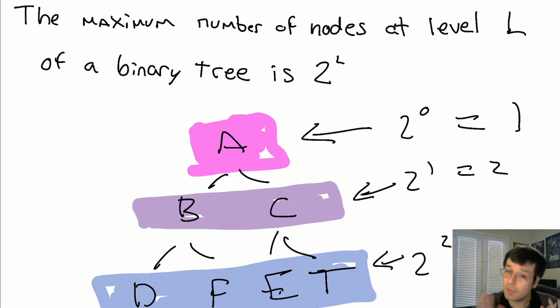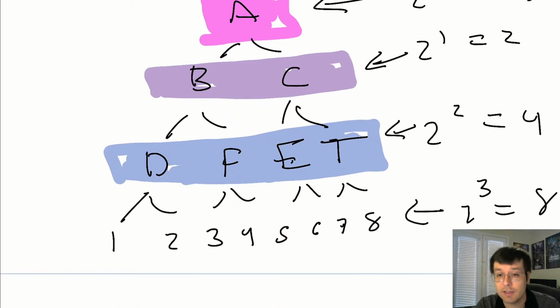It's an obvious property once you see that, but it's easy to forget that this is a thing. And we're strictly talking about the number of nodes at the level. We're not talking about the entire tree. We'll see that in another of the properties. Oh, actually, that's the next property.